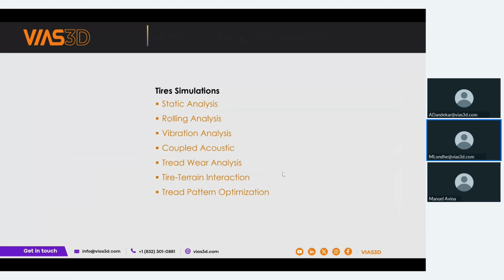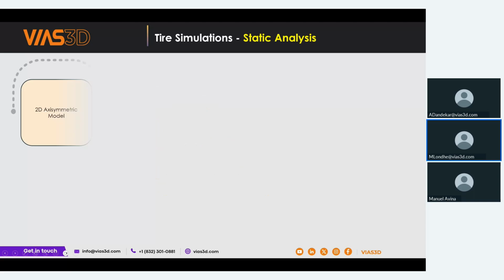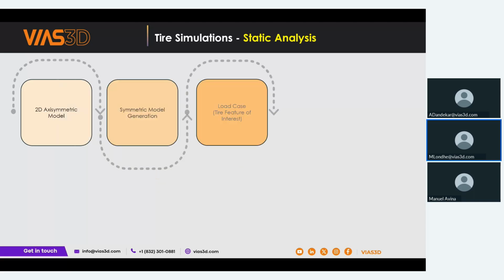Now let's start with our tire simulations. First is the static analysis. The static analysis is the fundamental analysis in any tire design, where we generally use only the cross section of the tire, or generally a half cross section. We apply boundary conditions like rim mounting, as well as loading conditions such as inflation pressure. Now we solve these problems and find the stress and strain, and these can be directly transferred to the three-dimensional problem using the Abaqus built-in function, symmetric results transfer.